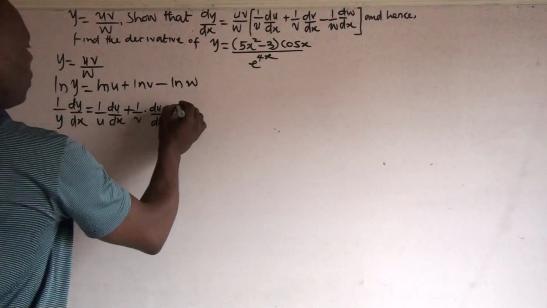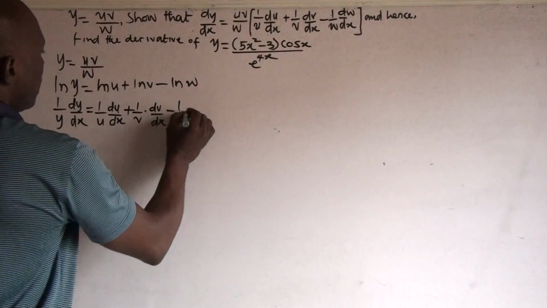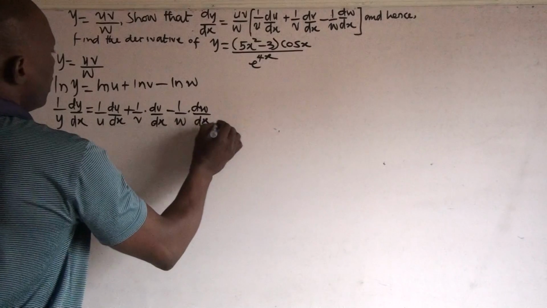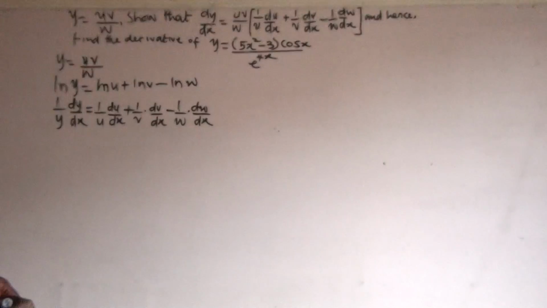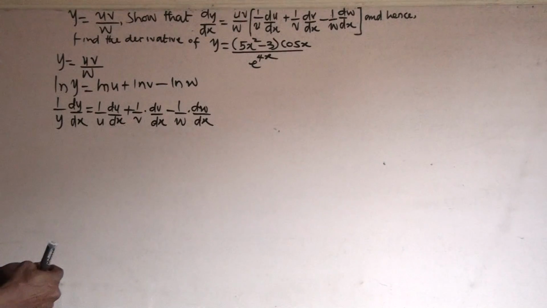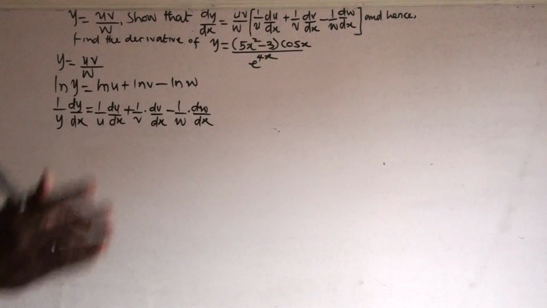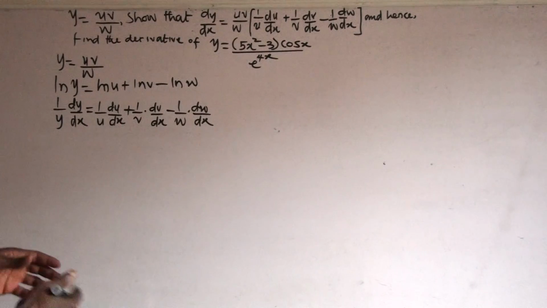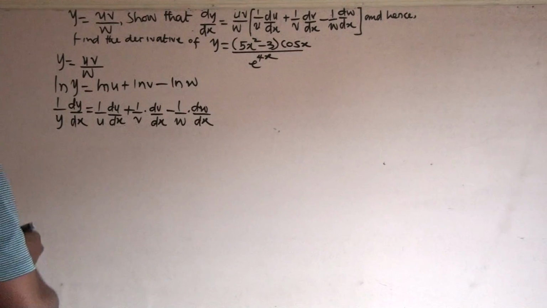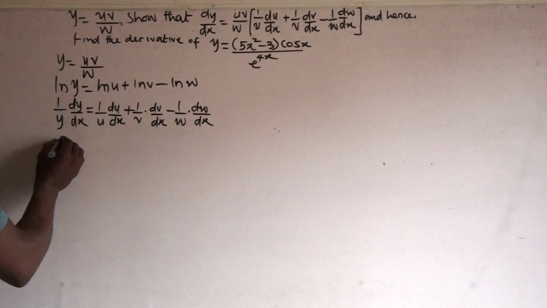Then ln w is going to be 1 over w times dw over dx. So that is the derivative of the logarithm. In our previous video, we established how to derive the exponential function. So from here we can see that our dy